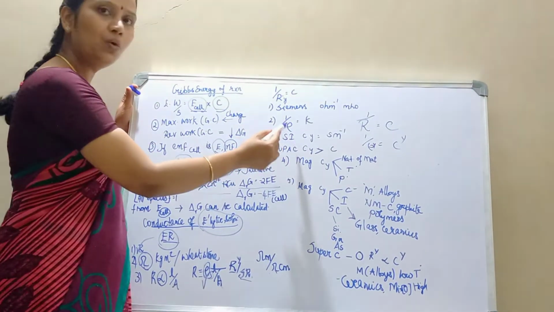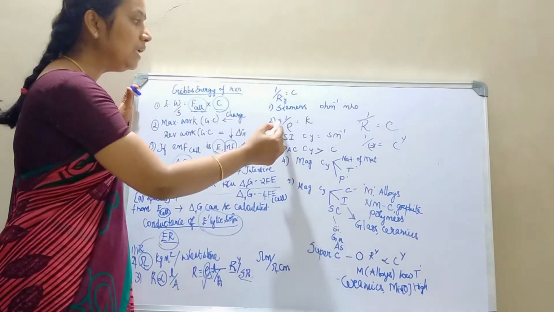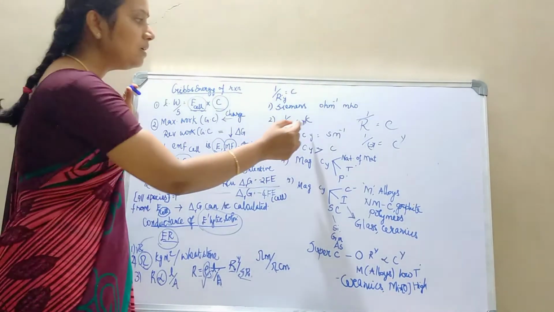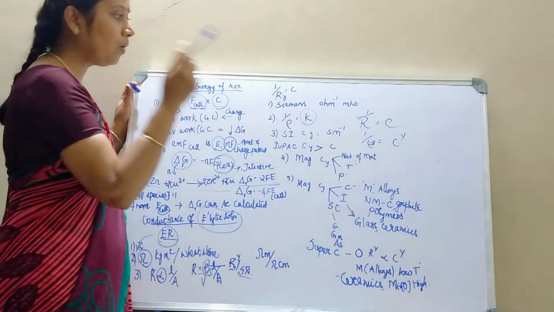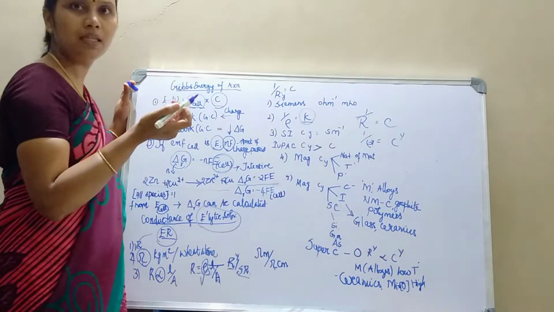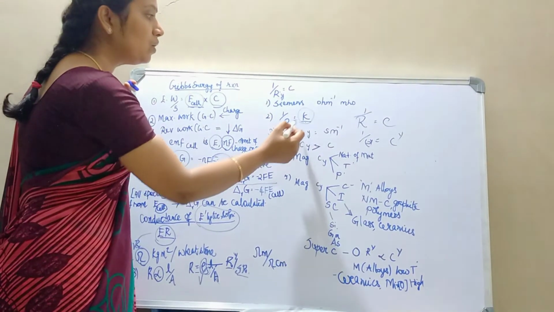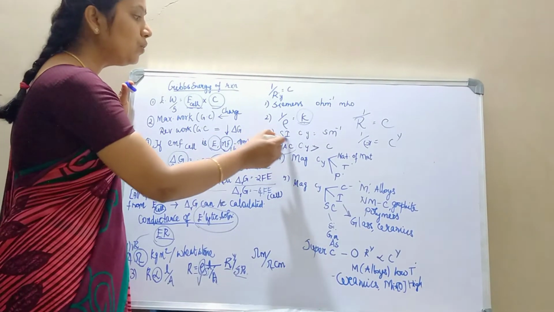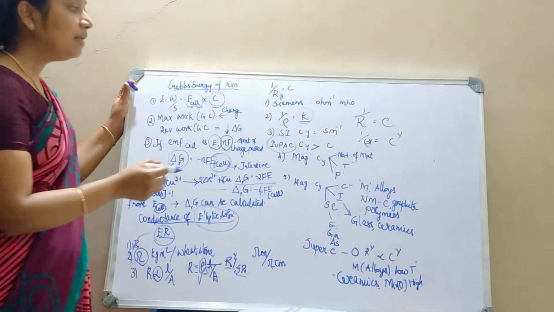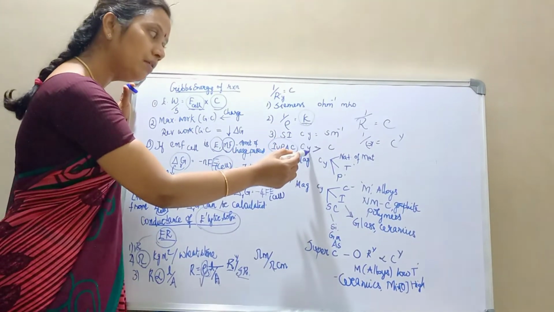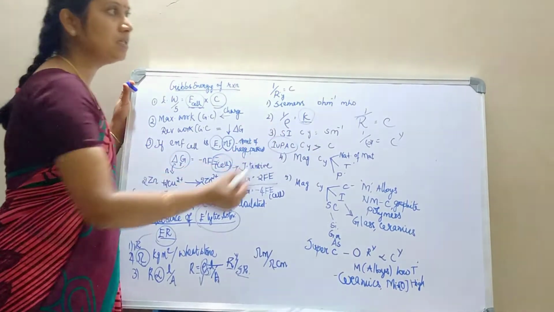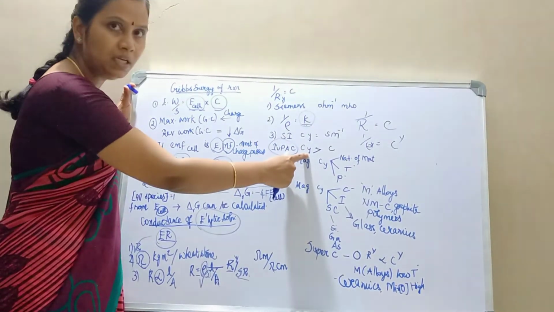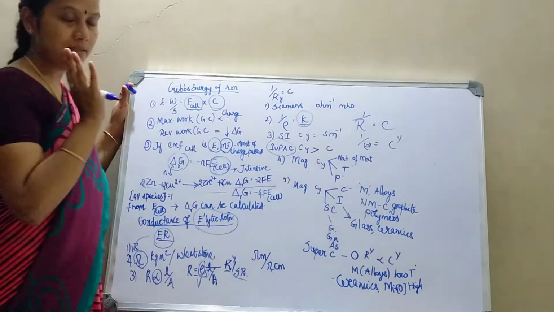What is rho? Rho is resistivity. The inverse of resistivity is conductivity. That constant is called K, which is nothing but kappa. What is the SI unit of this conductivity? It is Siemens per meter. The International Union of Pure and Applied Chemistry has prescribed the use of conductivity rather than conductance. So, we will be seeing the rest of the chapter in terms of conductivity, not in terms of conductance.